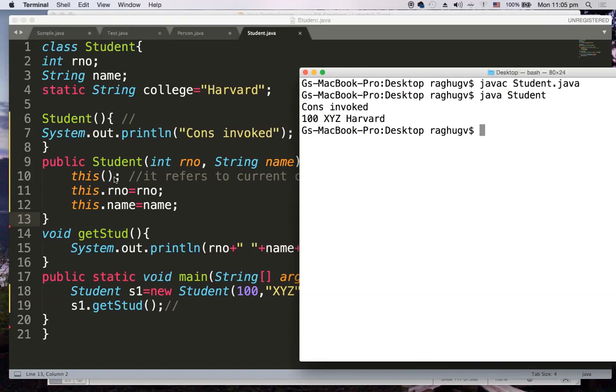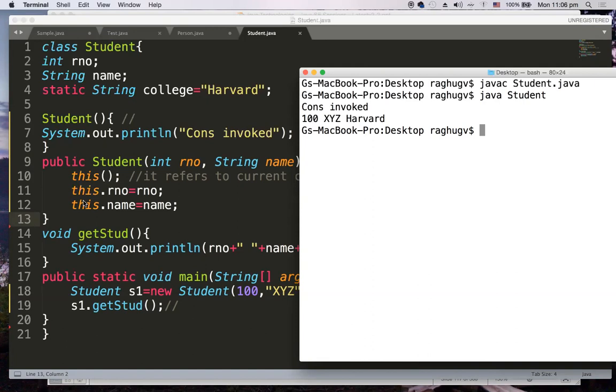Whenever you are using this constructor, it must be the first statement. So this constructor here I am using must be the first statement in this particular constructor. If you write this constructor somewhere after these two statements, in between, we are going to get a compile time error.